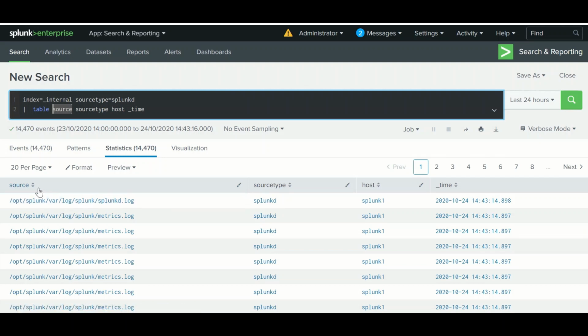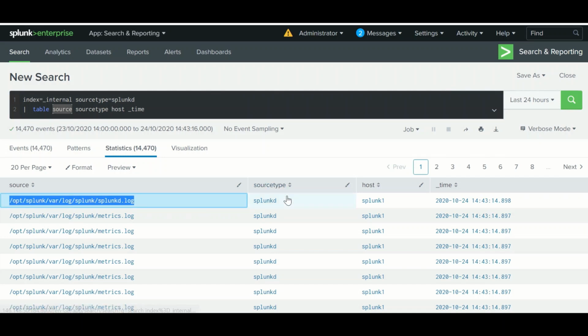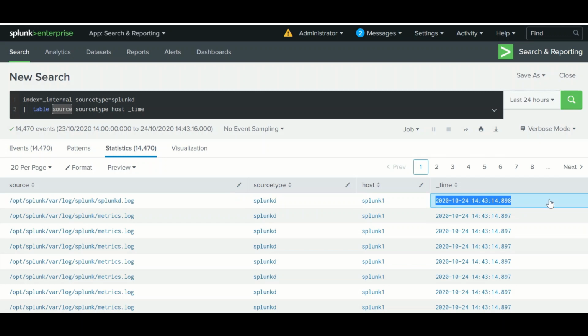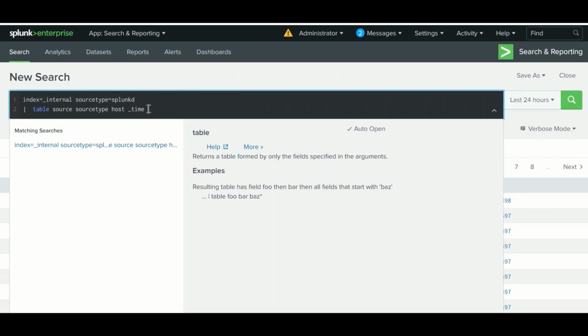So for this event, the source value will be this, the source type is this, the host is this, and the time of this event is this. You can put as many fields as you have in mind to create your output in tabular format.